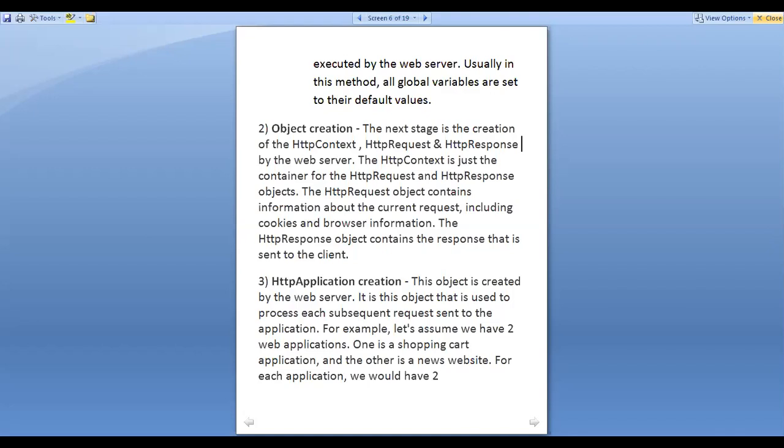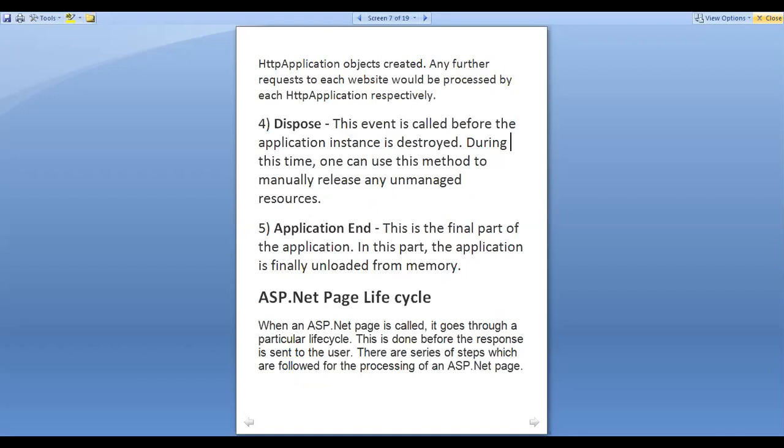Because the web server is only one, there is only one web server called IIS, and within that server all the applications are hosted. So let's say we have a web server, and within that web server we have two different types of application. One is a shopping cart and another is a news website.